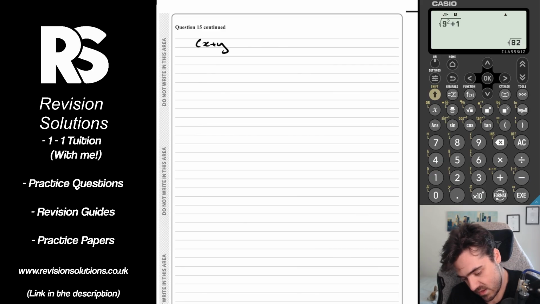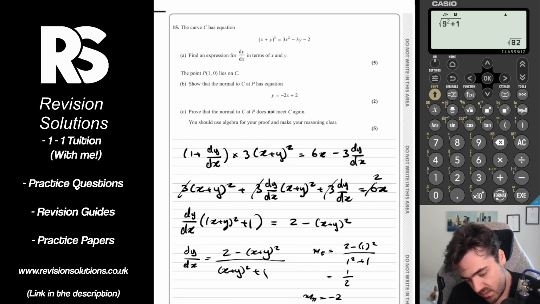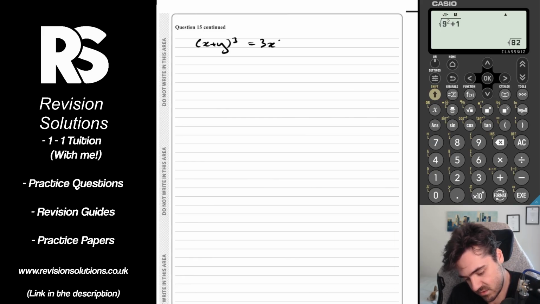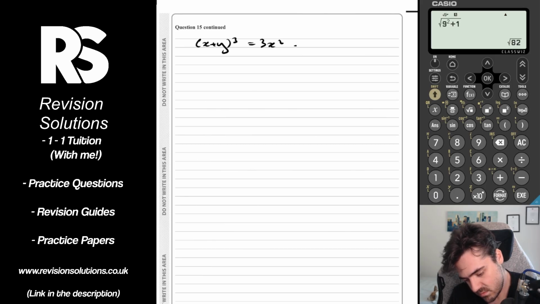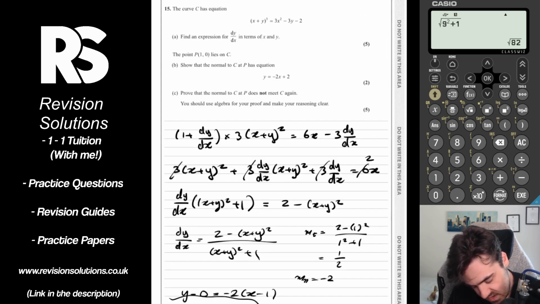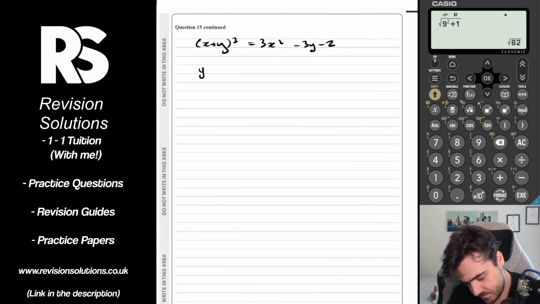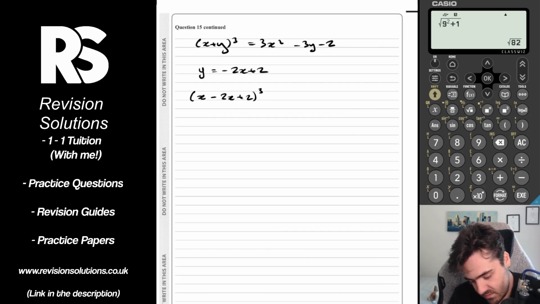So we had x plus y cubed equals 3x squared minus 3y minus 2. And then y was minus 2x plus 2. So first, let's substitute the y in and see what that gives us. x plus (minus 2x plus 2) all cubed equals 3x squared minus 3 lots of (minus 2x plus 2)